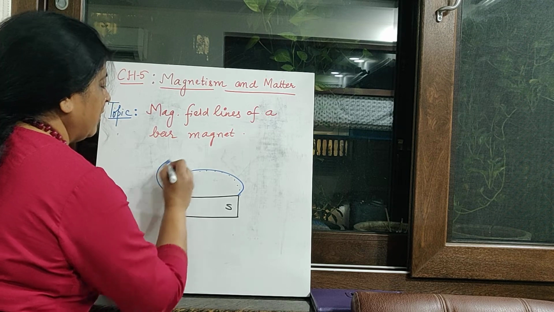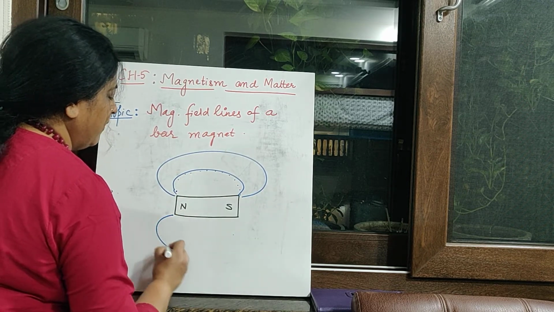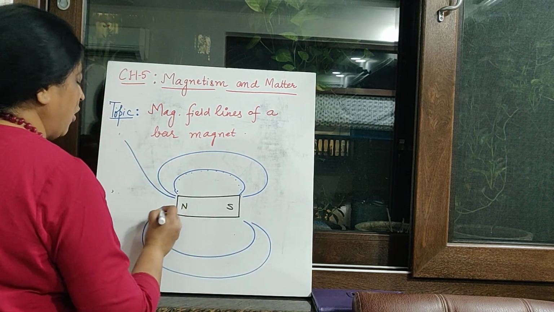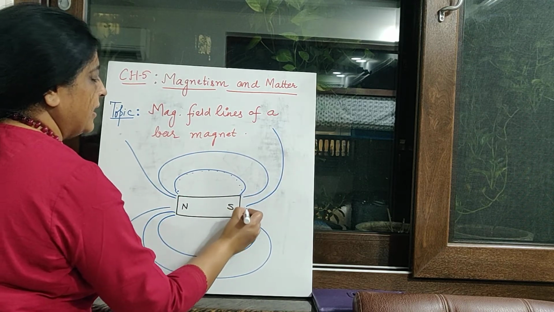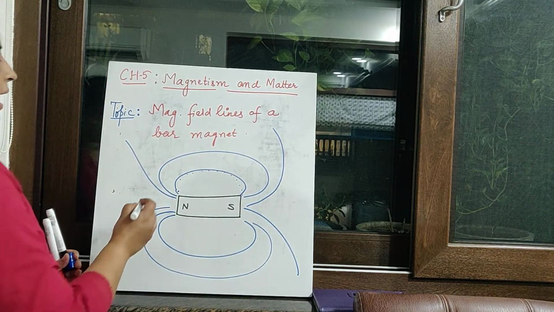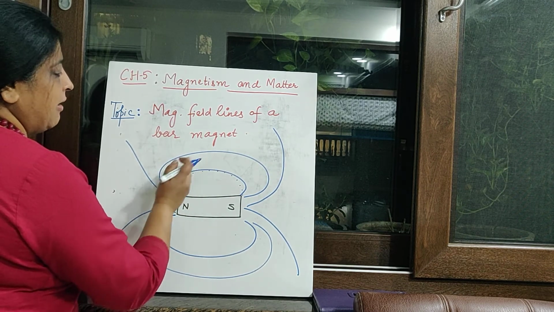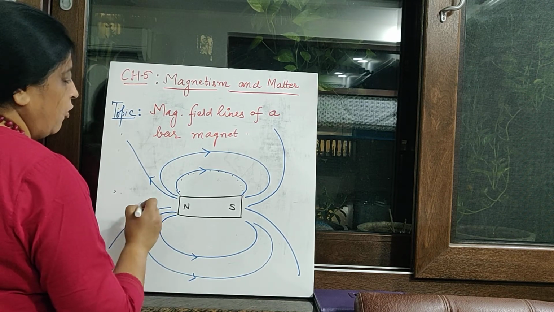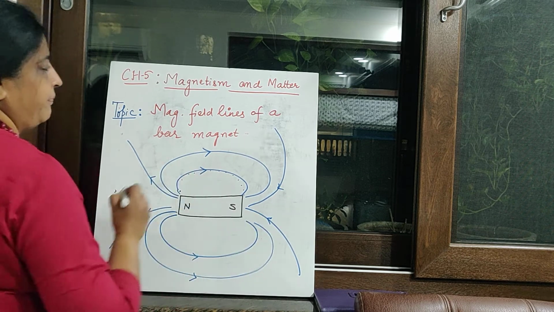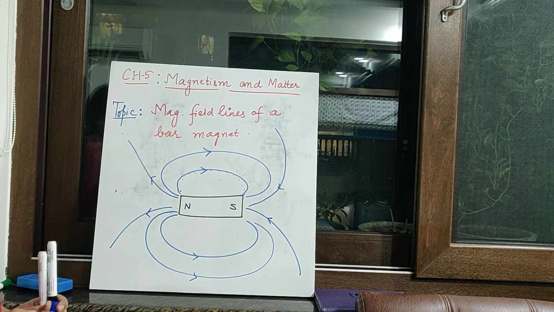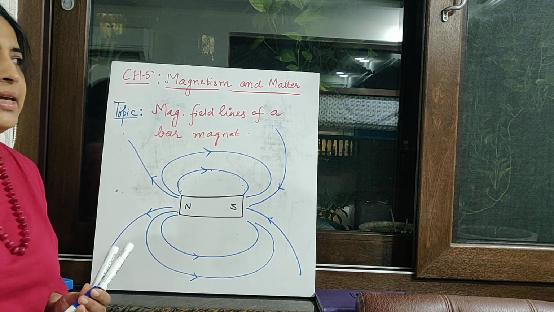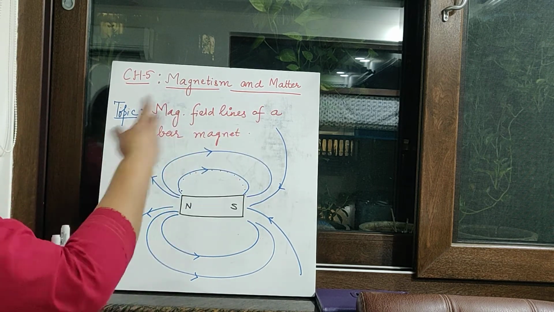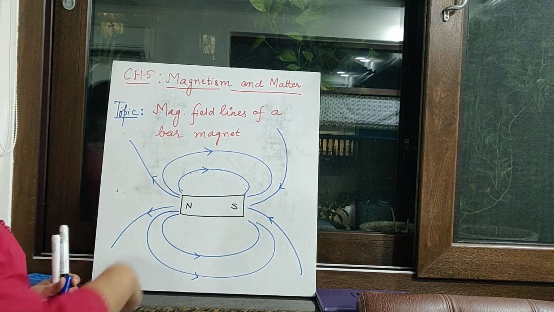Similarly, take another point over here, we get a curve like this. Take a point over here, we get a curve like this. Take a point over here, we get a curve like this. So this is how we can plot the magnetic field lines around a bar magnet. Since the north pole of the needle was always pointing away, the direction will be shown like this, away from the north pole and going into the south pole. So this is the pattern of the magnetic field lines around a bar magnet, and this can also be seen by just sprinkling some iron filings near the bar magnet. They will all arrange themselves in the pattern shown here.